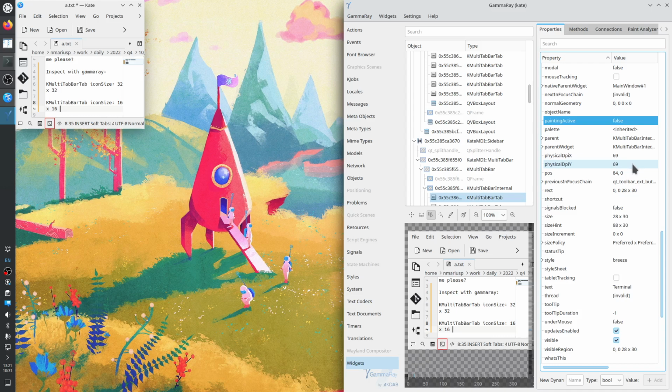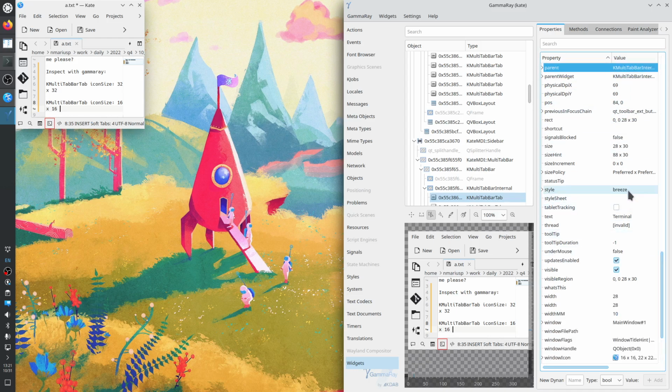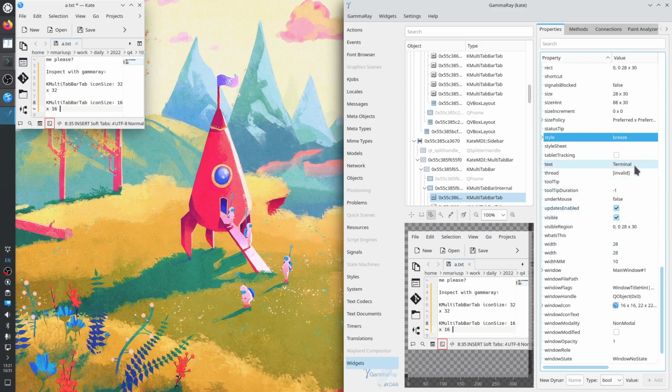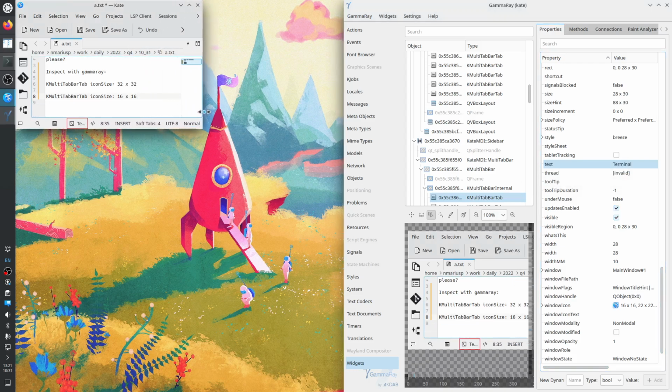Boolean type. This is the next string, so Qt toolbar xbot. Style is an enum. Terminal, so this is a text. Why isn't the text visible? Now it is. So the text